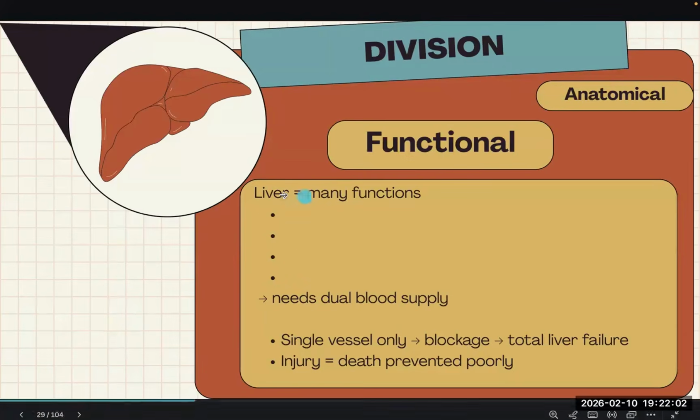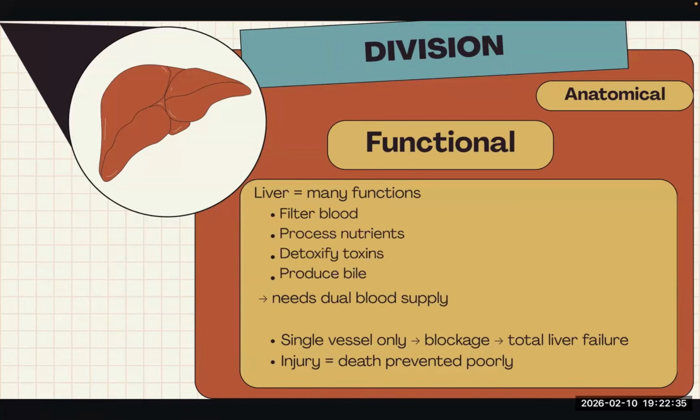We got a couple over here. Bile. Okay, yes, that's right. Detoxifying. Okay, that's a good one. Yes. One more, and I'll let you guys go. Okay, alcohol metabolism. That's kind of part of the detoxifying. So we have detoxifying, producing the bile, and processing nutrients. I want you guys to focus on this one, and filtering the blood. Okay, and since we're talking about blood,